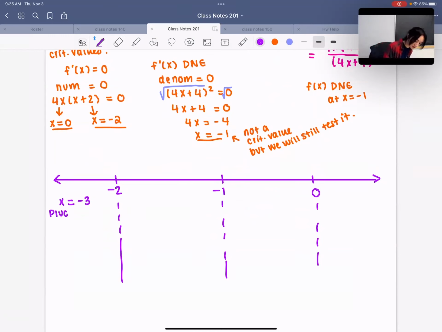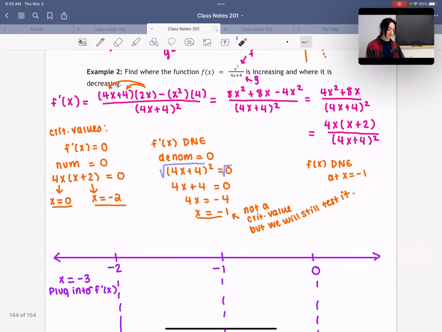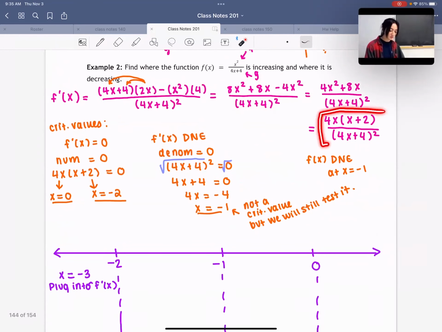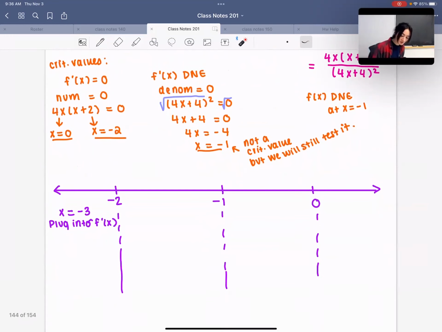So we're definitely plugging into the derivative. Okay, now there's multiple different versions of the derivative that we can plug into. We could plug into this thing, which would be a lot of calculations. We can plug into this thing, which would be kind of hard. But I'm going to plug into this thing because it's the factored version of my derivative. Okay, so because this is kind of factored, it might be easy to figure out what the signs of each multiple is. So I'm going to plug this into 4x times x plus 2 over 4x plus 4